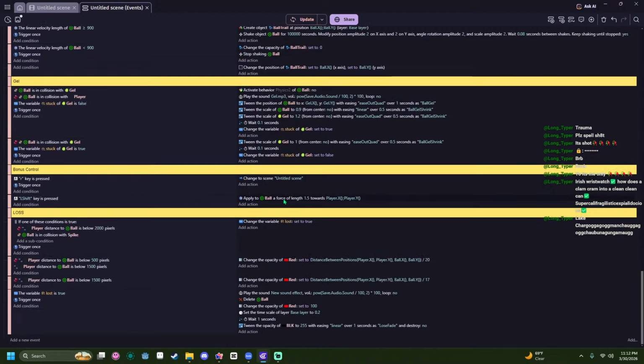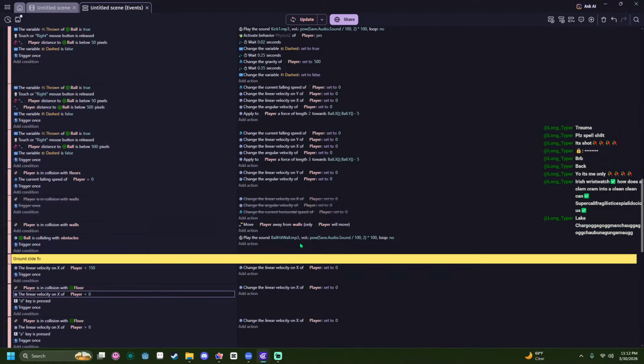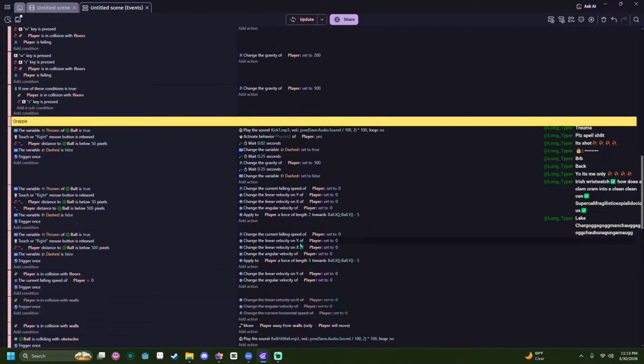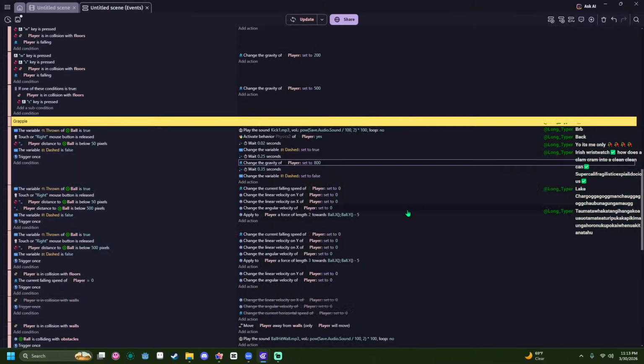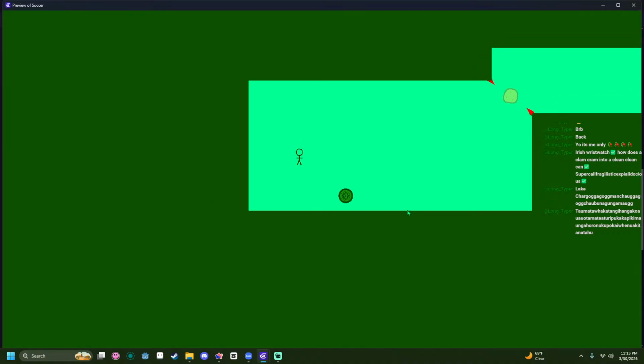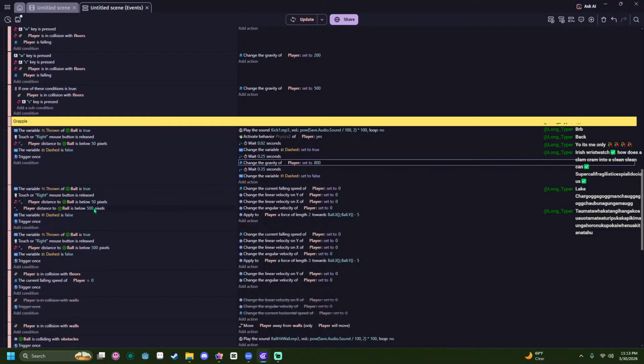Oh my god, we gotta find this now. There we go. Here's the gravity of player set to 800. Is that the only place we change it right now? No, where do we set? Okay. This is a mess. Let's make a variable for this.